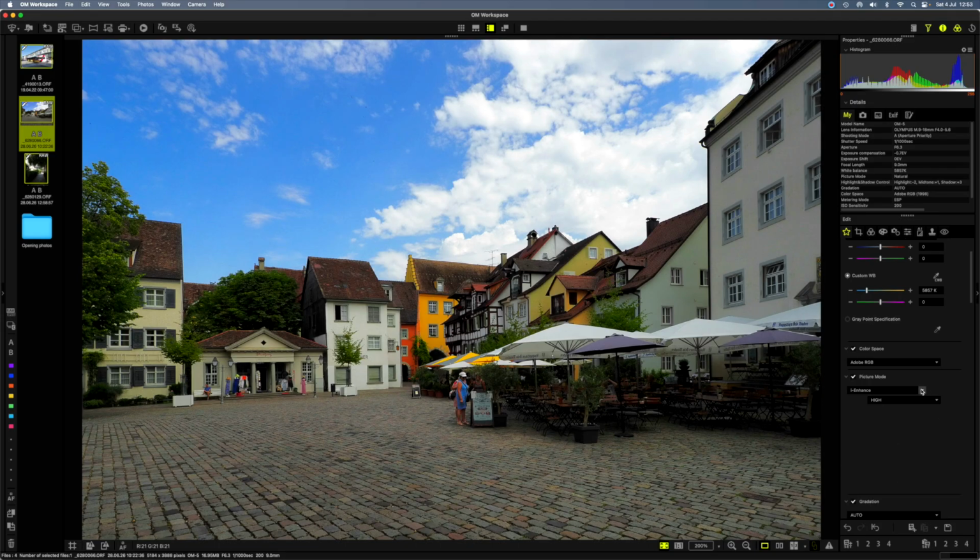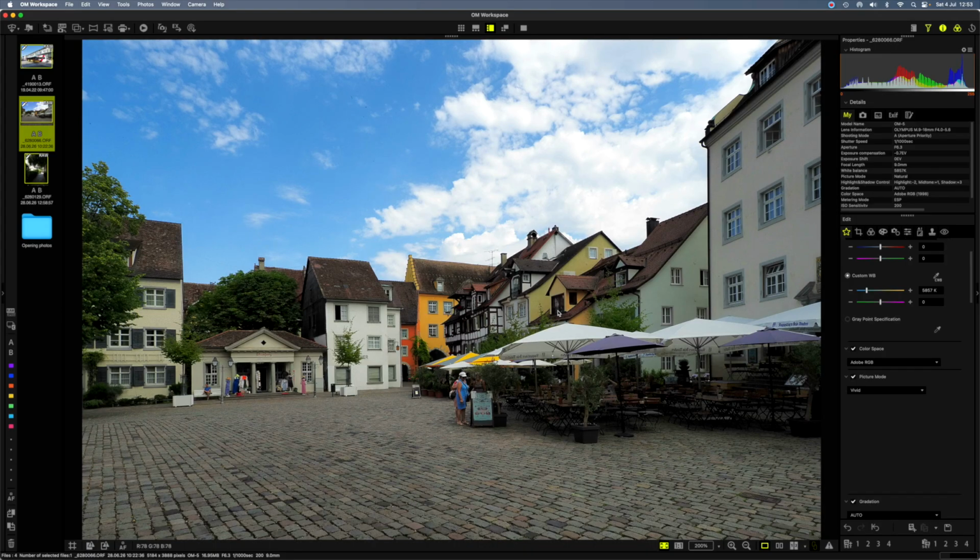So sit back, enjoy, and really discover these picture modes. Because you might decide, I want to use vivid picture mode as a base to create my color profiles. Me personally, I selected the natural picture mode. But it doesn't mean you have to use natural. It all depends on the way that you want your images to look.